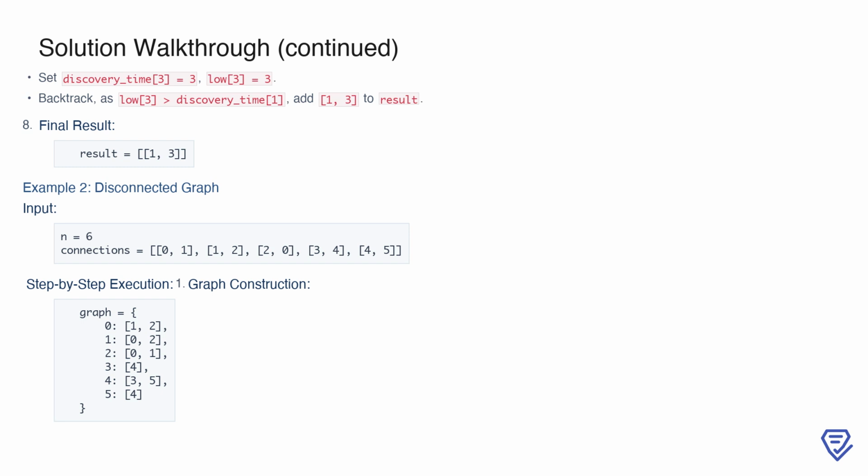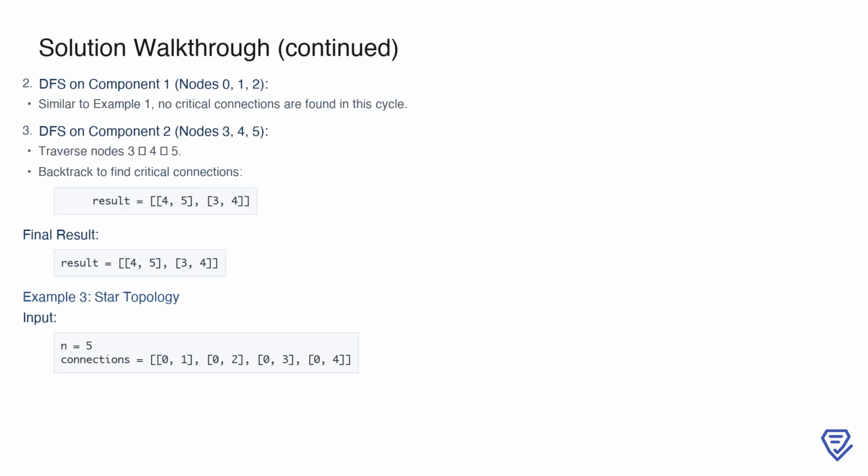Here, we have 6 nodes and 2 separate components. After constructing the graph as an adjacency list, we see that nodes 0, 1, and 2 form one component, while nodes 3, 4, and 5 form another. In the first component, consisting of nodes 0, 1, and 2, we perform a DFS traversal similar to example 1. Since this subgraph forms a cycle, there are no critical connections in this component, as removing any single edge won't